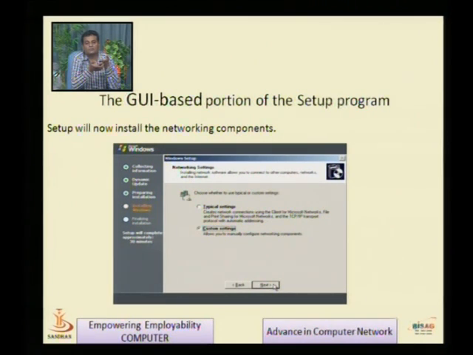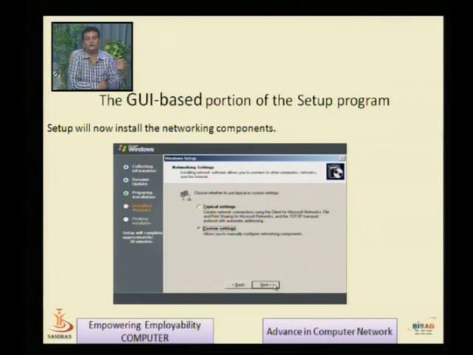a network. And if you install a server on a normal desktop machine, then we are not utilizing the services of the server. So here we have to choose either typical, where it automatically installs the drivers related to the server and does the process. Another one is the custom setting. Custom setting means you can install the driver right now, and you can also set the IP address, subnet mask, and default gateway.